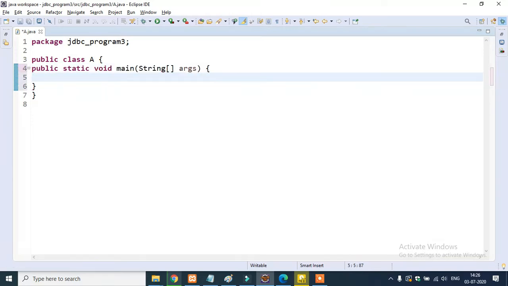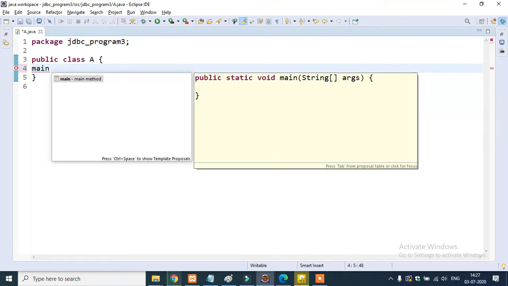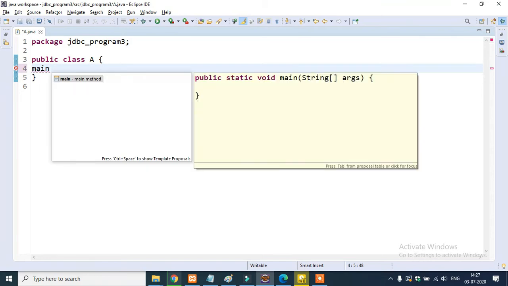First of all I tell you how I created this main method. With the help of a shortcut key, just write main and press Control plus space bar. You see this option, and hit Enter.